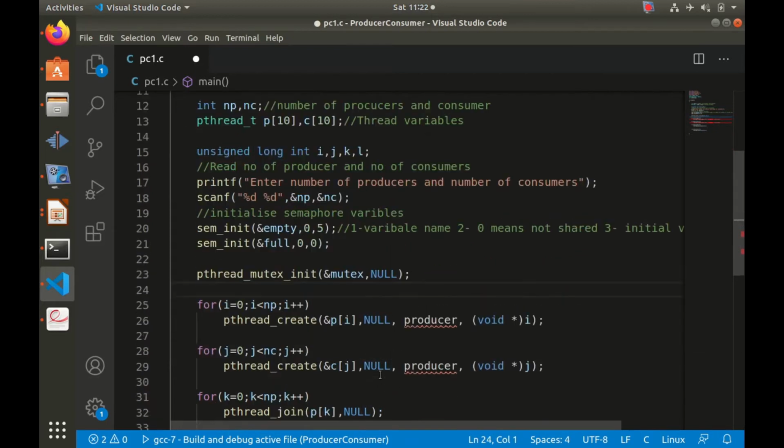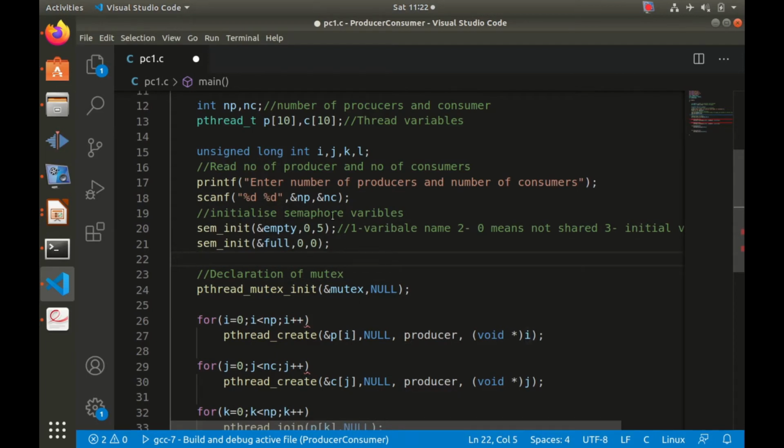Okay, so these variables we have declared. So mutex is only a locking and unlocking mechanism, like your binary semaphore. So that's why we are using a mutex for locking, unlocking, and for synchronization we are using the semaphores.